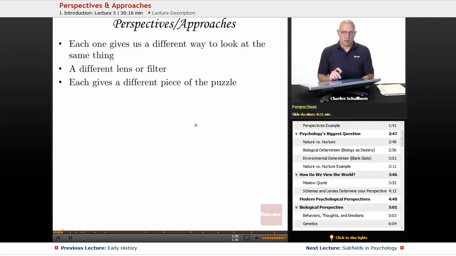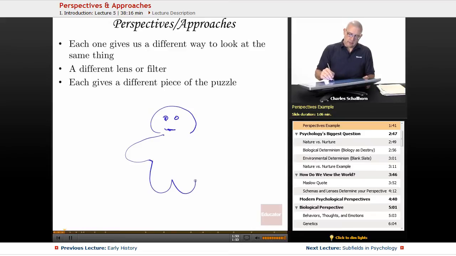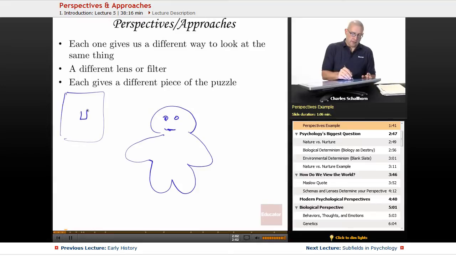So perspectives and approaches. A perspective is something that gives us a different way to look at the same thing. It's a different lens, a different filter. One of the things that I will do is take a little teddy bear or a stuffed animal and put it literally in the middle of my classroom, and I'll ask my students to